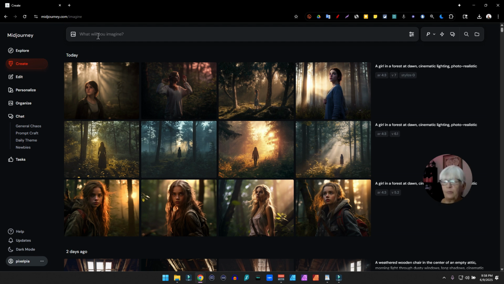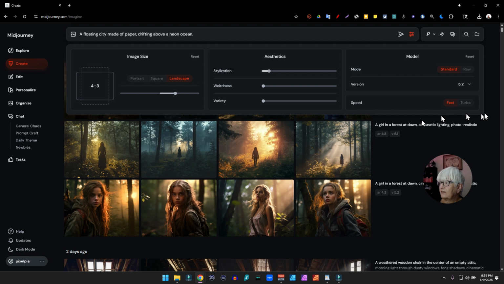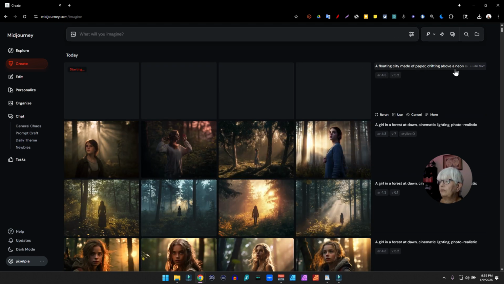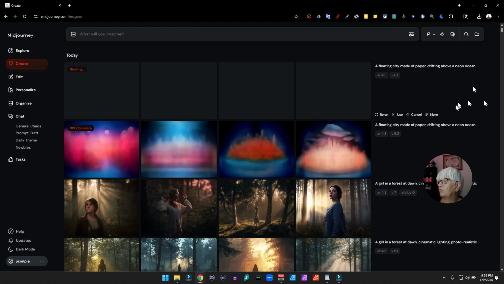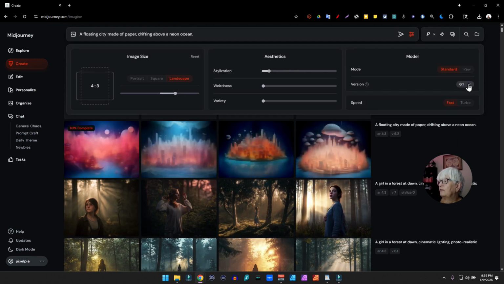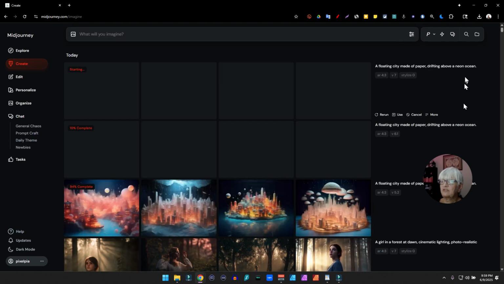My next prompt is a floating city made of paper drifting above a neon ocean. And just as before, we start in 5.2, we make one in 6.1, and the final set of images we make in version 7.